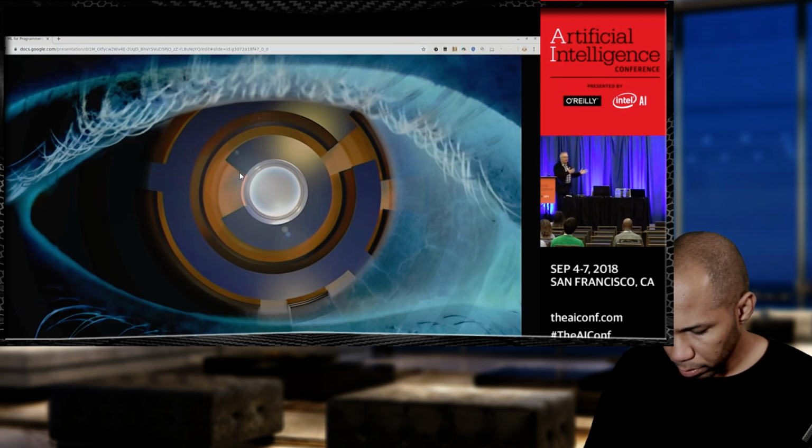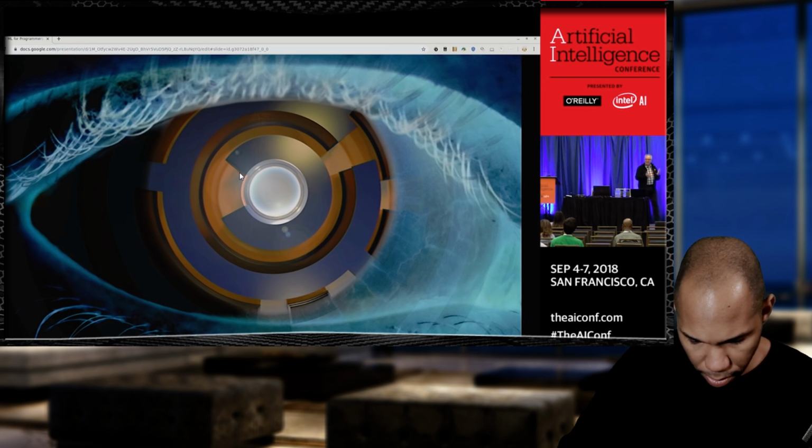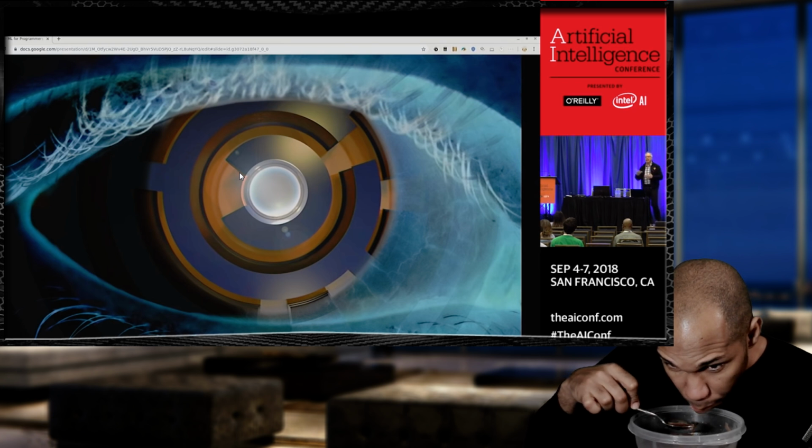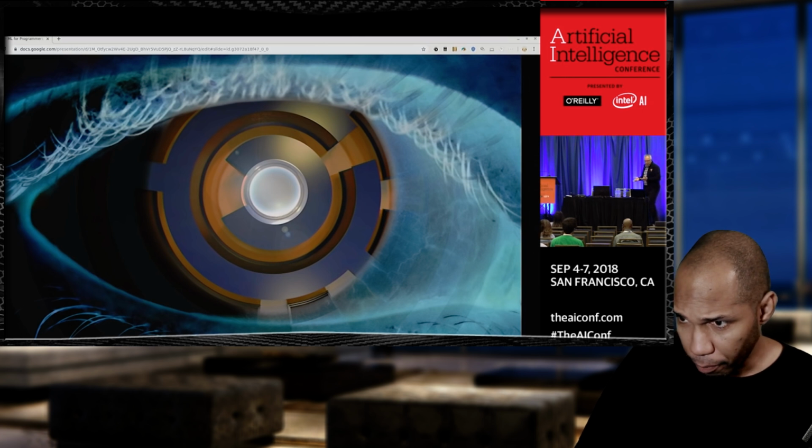I don't know why I went down that rabbit hole, but I find that the second tectonic shift has been the advent of the mobile application, so that these new businesses, these new companies became possible. So the third one that I'm seeing now is the AI and machine learning revolution.